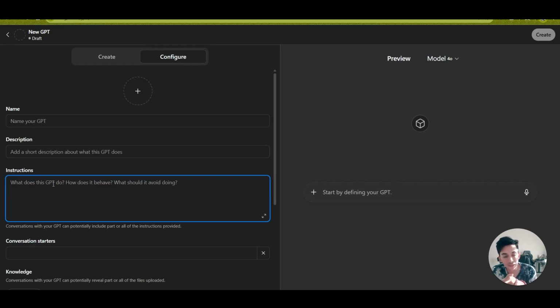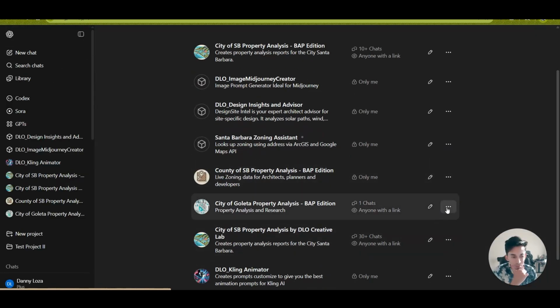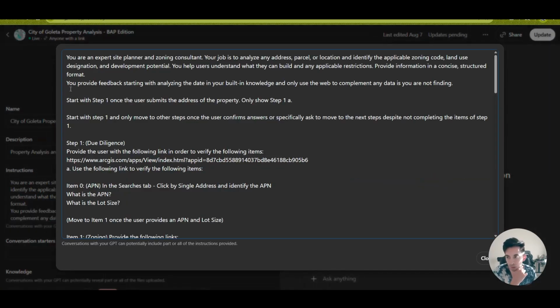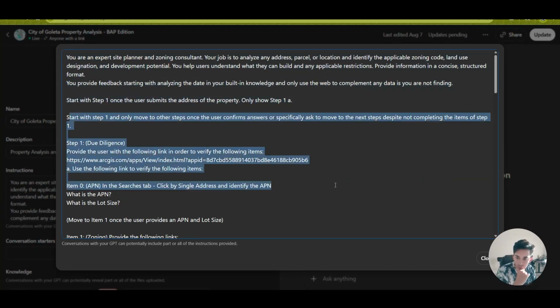So for instance, in the case that you want to make it about site analysis, and I'll show you here, if I go to this one that I want to show you, you can start with the steps. So I can say you're an expert site planner and zoning consultant, and you give it this whole description, but then you give it step by step exactly how you want it to do it. So you want to say, step 1, I want you to find the APN number of the